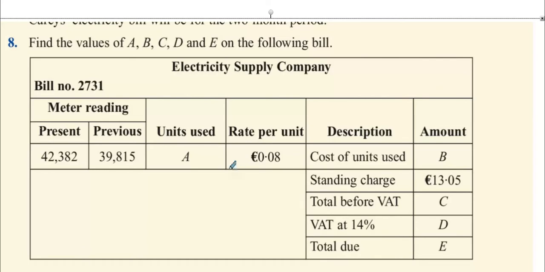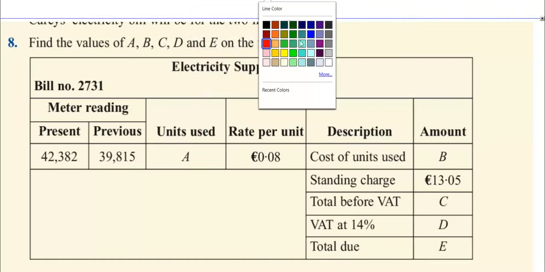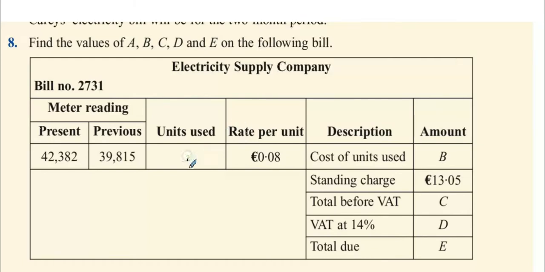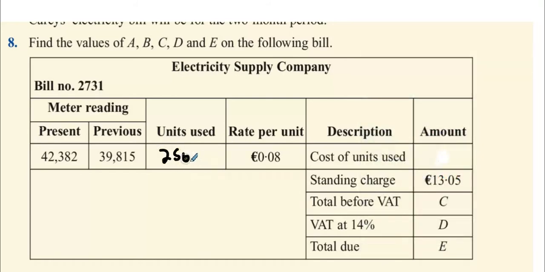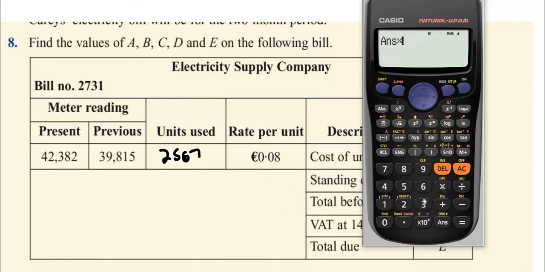Question 8. Relatively easy one, okay? Calculate how many units of electricity you used. So we're going to move that out, then we're going to move B out, and then we're going to write over them now, okay? So you had 42,382 units now, but previously you only had 39,815. This means you used 2,567 units. Each unit cost 8 cents, so you're going to multiply this by 8 cents, and you get an answer of